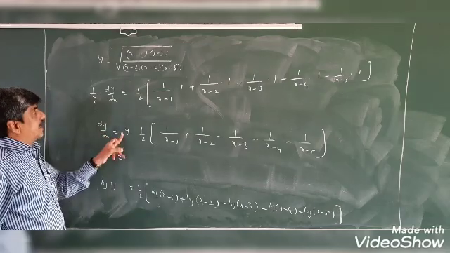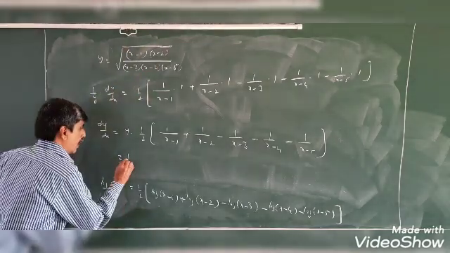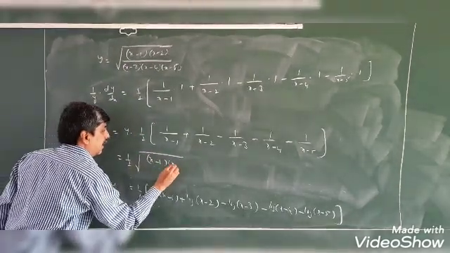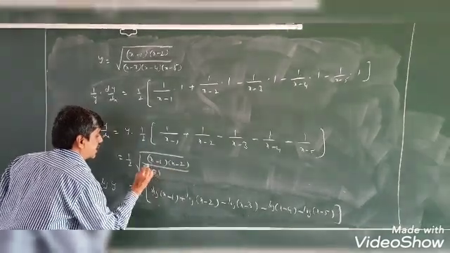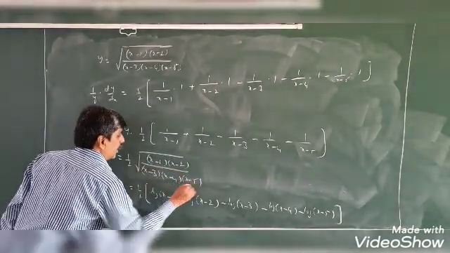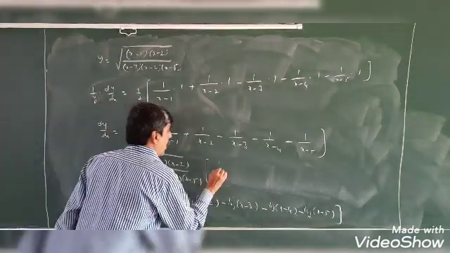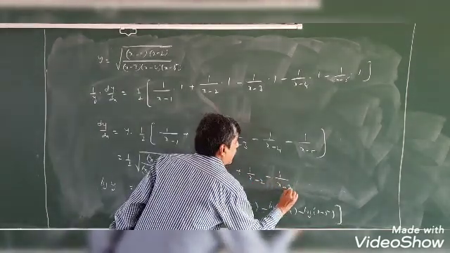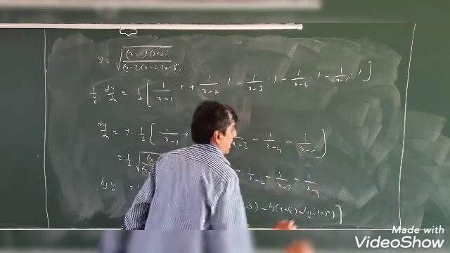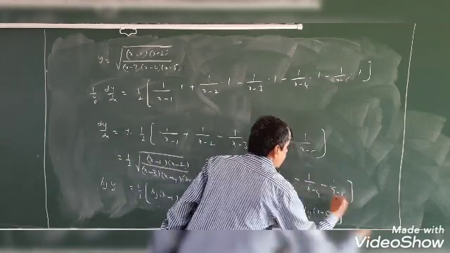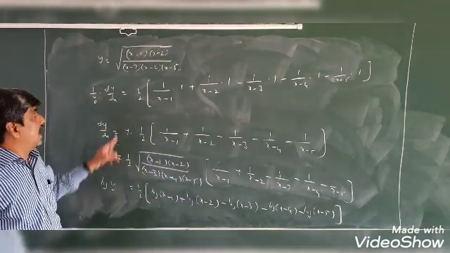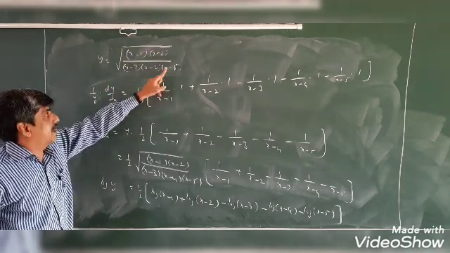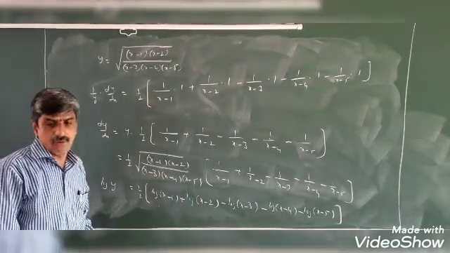So we started with y as this value. So dy by dx is equal to 1 by 2 into y, where y is equal to root over x minus 1 into x minus 2 by x minus 3 into x minus 4 into x minus 5, into 1 by x minus 1 plus 1 by x minus 2 minus 1 by x minus 3 minus 1 by x minus 4 minus 1 by x minus 5. This is the derivative of the given function root over x minus 1 into x minus 2 by x minus 3 into x minus 4 into x minus 5.